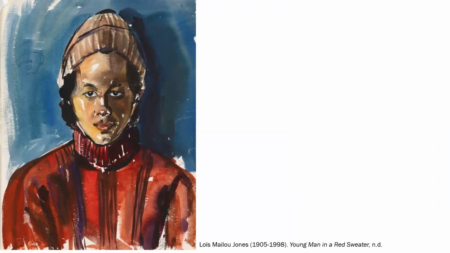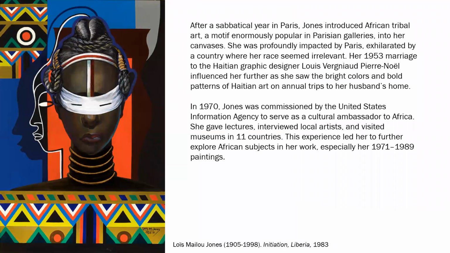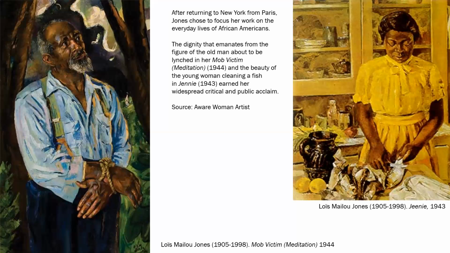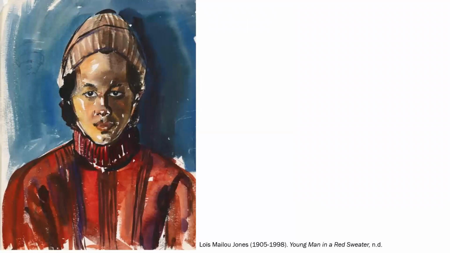So one last image from Lois Mailou Jones of the young man in a red sweater. And again, we can see a big style change too, where her works go from this more crisp and spunky, modern, even pop art like style, to a more impressionist style here, to an even more impressionist style here, where we're using really bold paint mark making to the point where she's not really rendering anything too far. She's not really focused too much on her gradation or value. Instead, she's really just trying to capture the essence of the man.